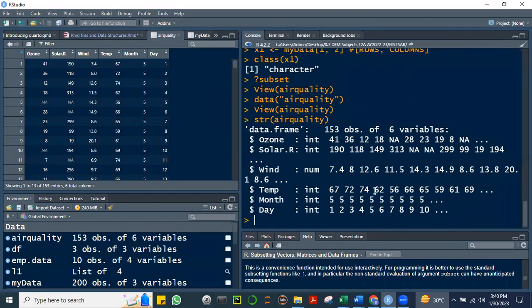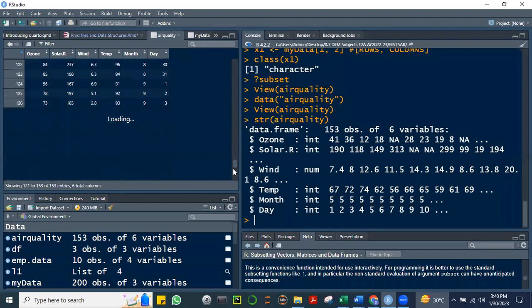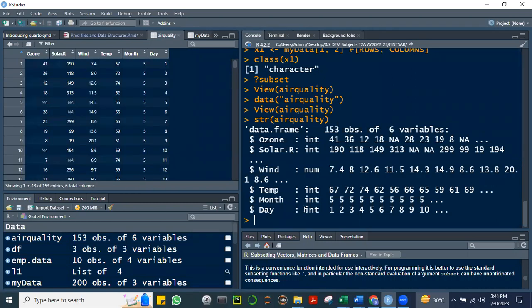Temp is integer. Siguro si month dapat ano to, no? Dapat can be considered as, pwede siyang as factor. Kasi month 5, 6, 7, 8, okay. We can convert it into a factor, kasi month is a classifier, no? Kung anong month, right? Okay, anyway,